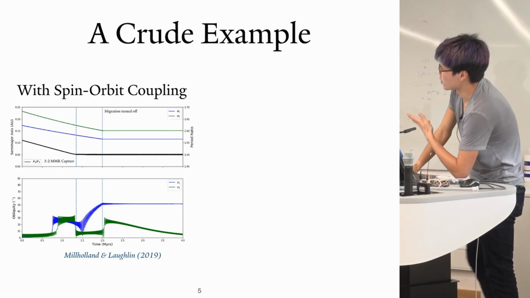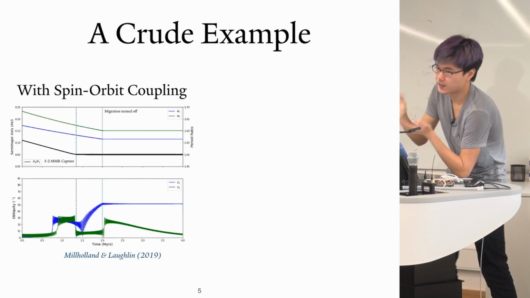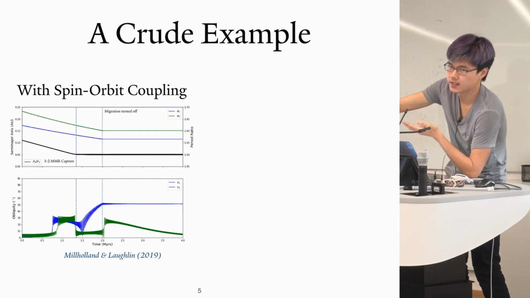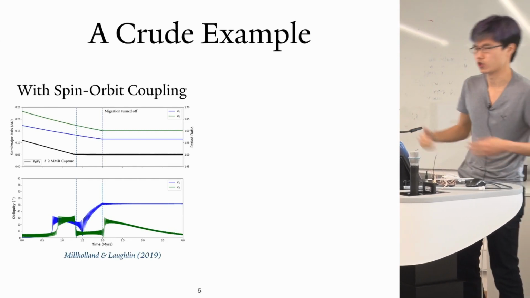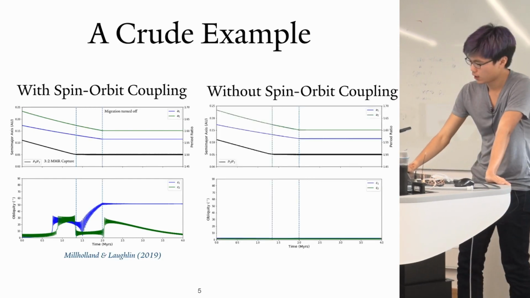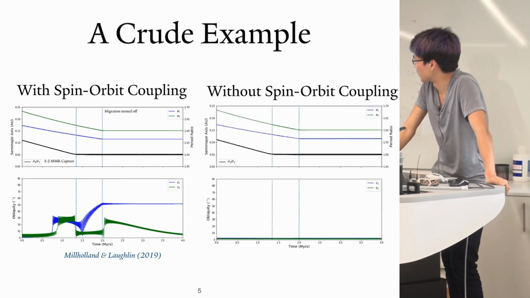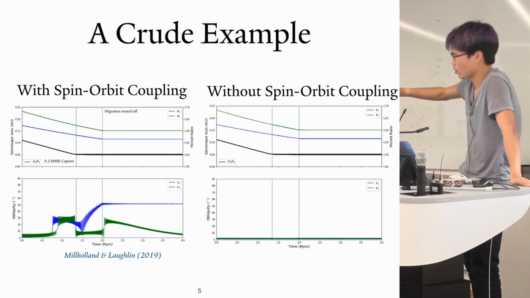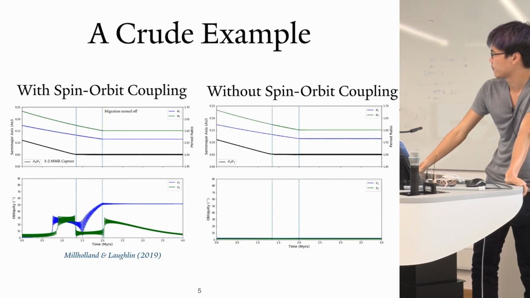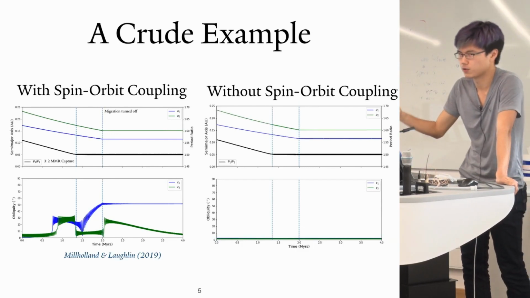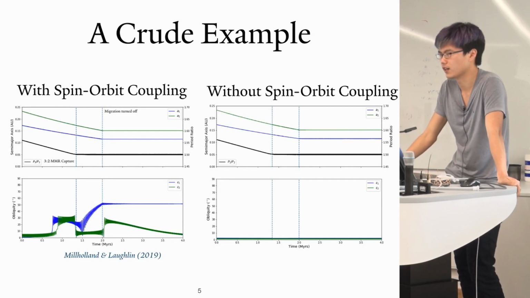What happens when you don't do this? What happens when you evolve the dynamics of the system and then pass that into a simple spin vector equation of motion where the two don't talk to each other? Well, the evolution of the system is identical, but you miss all of that interesting obliquity evolution. And this is obviously a very crude example, but this does illustrate my point that